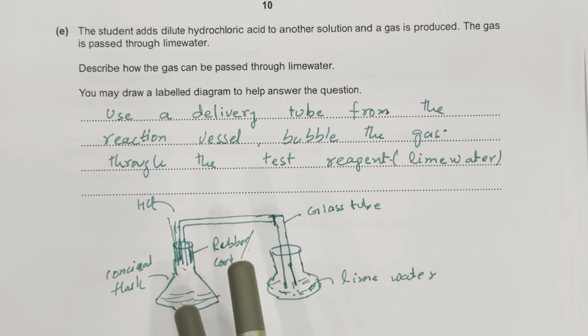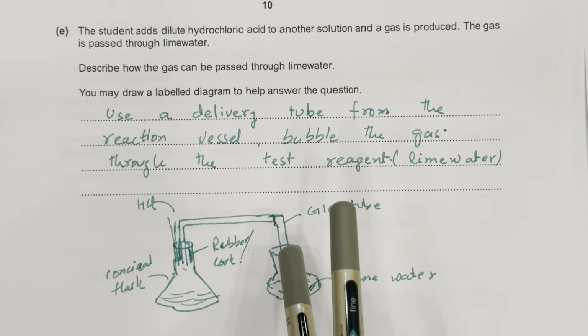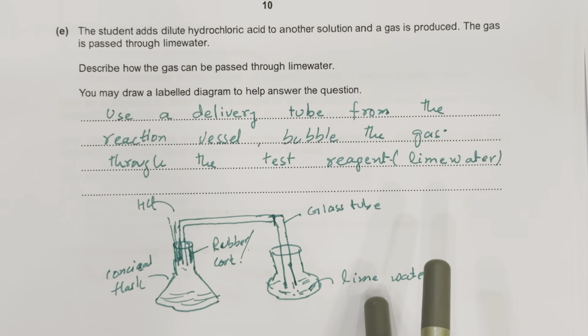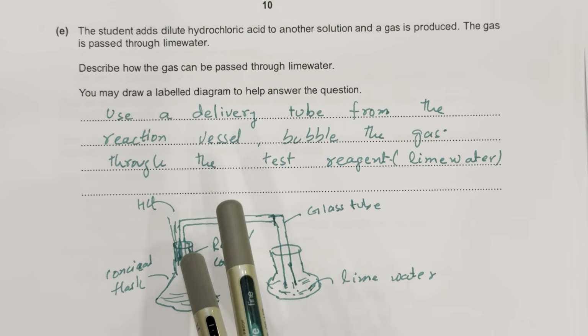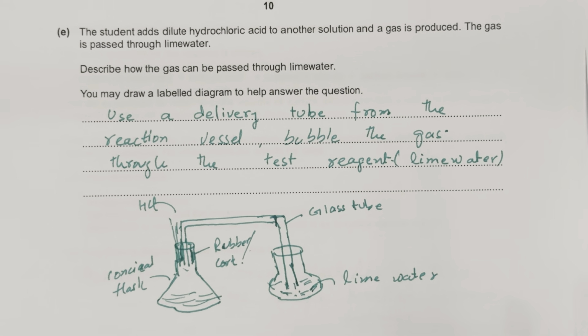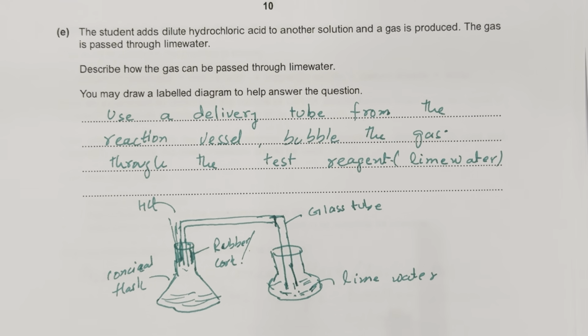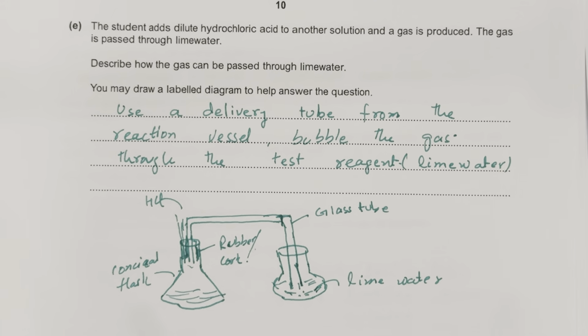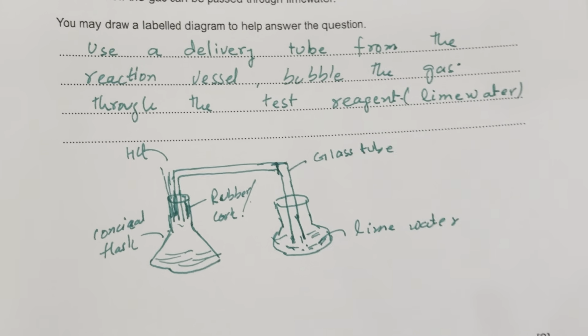You're going to draw the conical flask, over here the glass tube. Over here is the HCl you added, and the lime water, and you put a rubber stopper on the flask, so the lime water will turn milky. So this is the answer. You're going to write and draw the diagram like that. Okay,